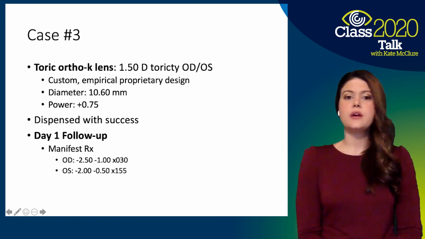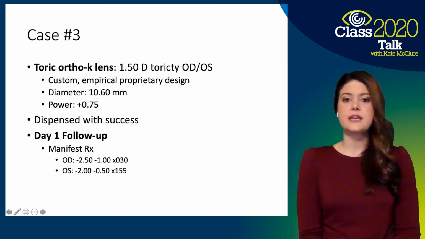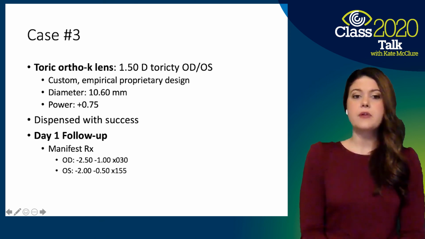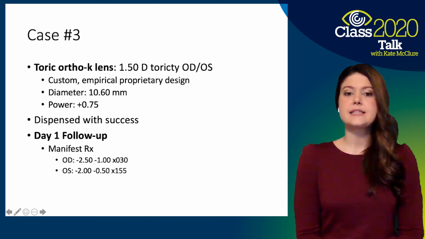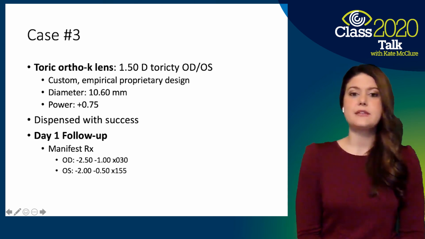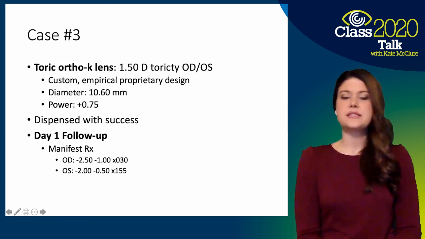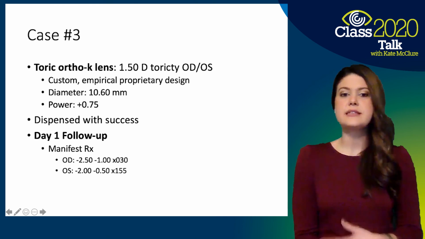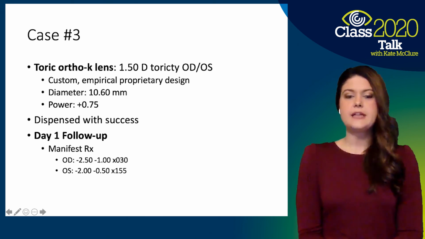I ordered a toric ortho-K lens design with a diopter and a half of toricity in the right and the left eye. I ordered a custom empirical proprietary design with a 10.6 diameter and a plus 75 power. The lenses were dispensed with success, so the patient was easily able to insert and remove the lenses and care for her lenses. I followed up with her the next day, the first morning, and you can see here that